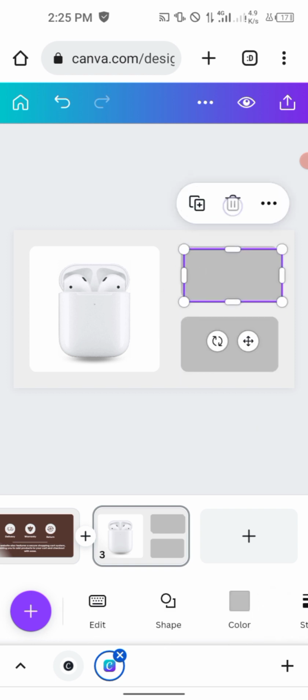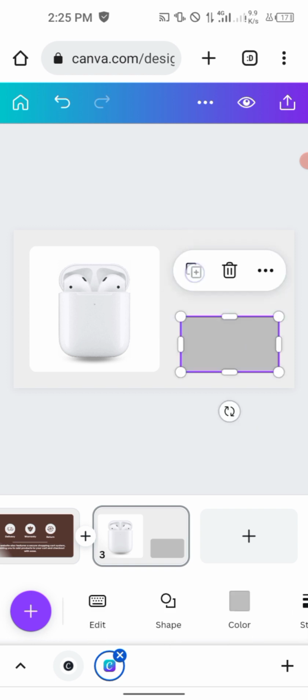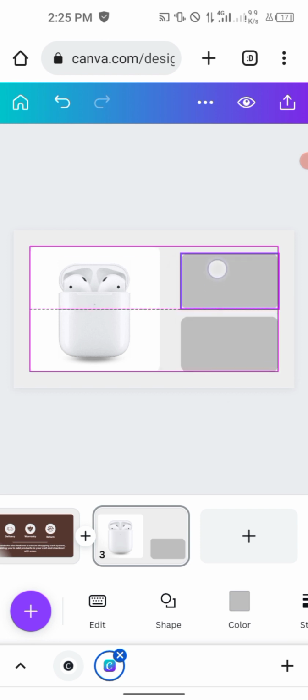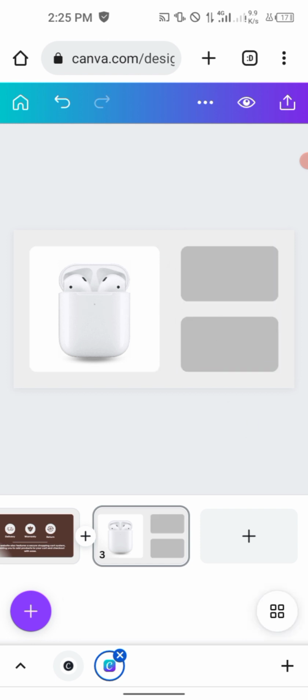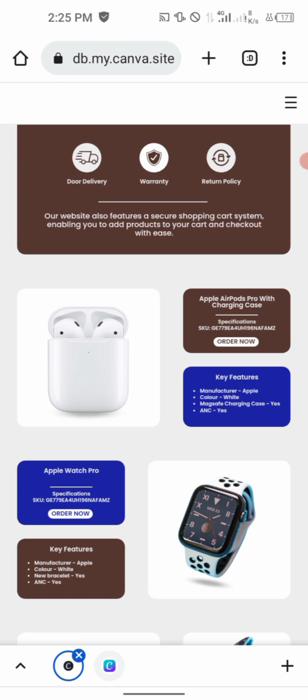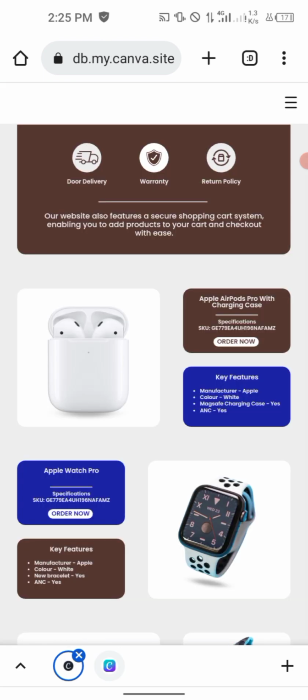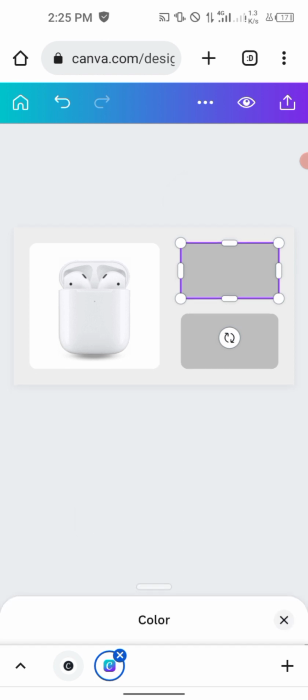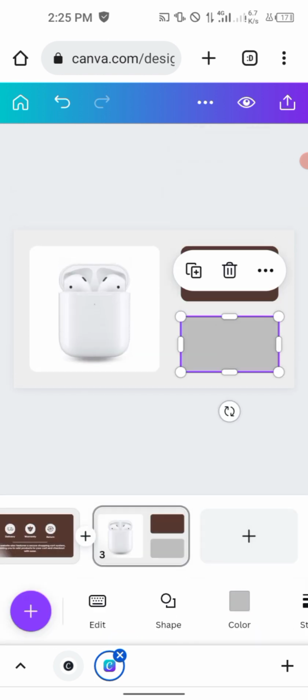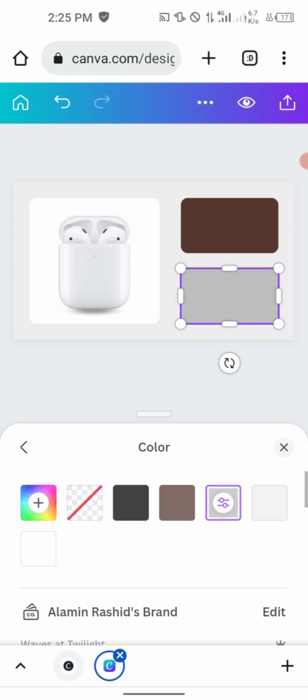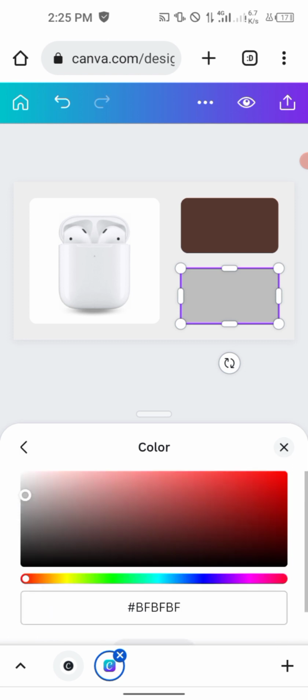Let me delete this one and duplicate this and bring it up, since I can see I have something bigger than that. So I will just input the other details I can use. I'm going to use this color for this brand color, and for the other one I'm going to change the color, and then use this particular color code